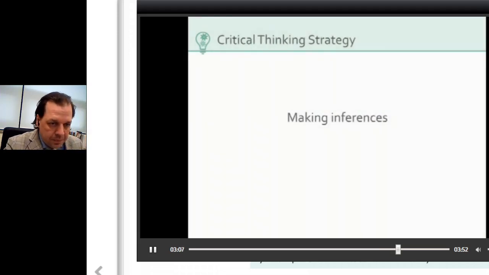Now, let's recap today's lesson. We have discussed that when you make inferences, you are making an educated guess about information that is hinted at, or not directly stated, in a text. So, the next time you read a text, remember to ask yourself, what does the author want me to understand? And what do I already know about the topic? Asking these questions will help you make informed inferences as you read. Thanks for listening.